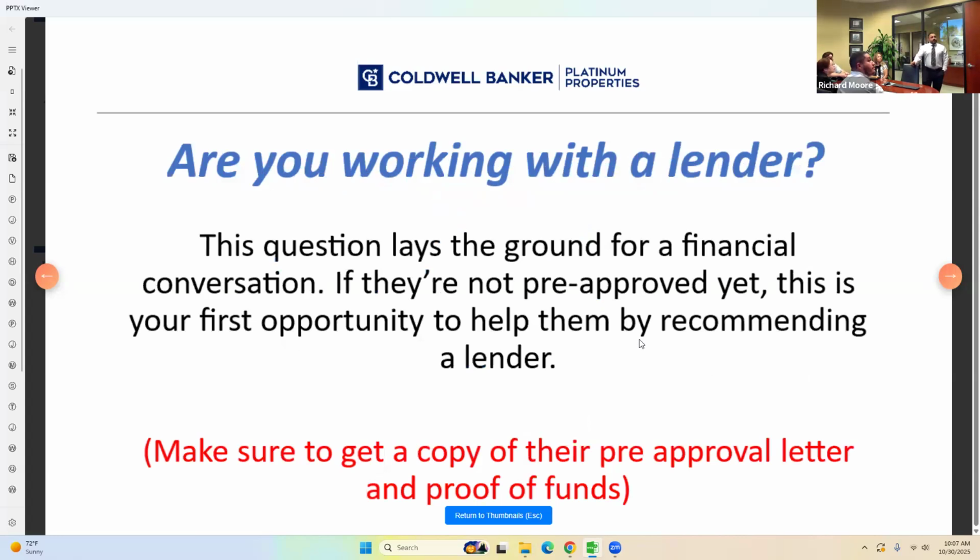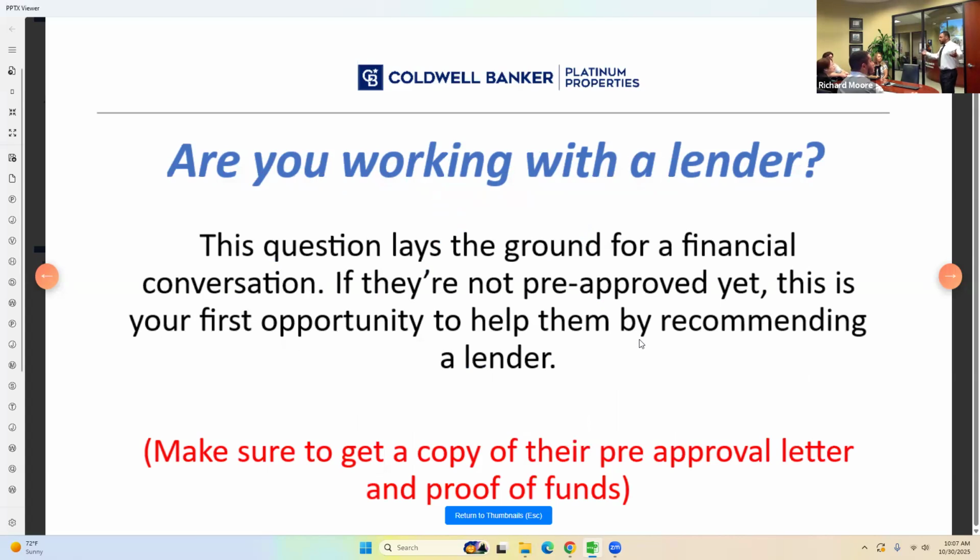Are you working with a lender? This question helps you understand if they're going to get a loan or if they're buying cash. If you ask them, are you working with a lender, and they say, no, I'm going to buy cash, then you know, okay,